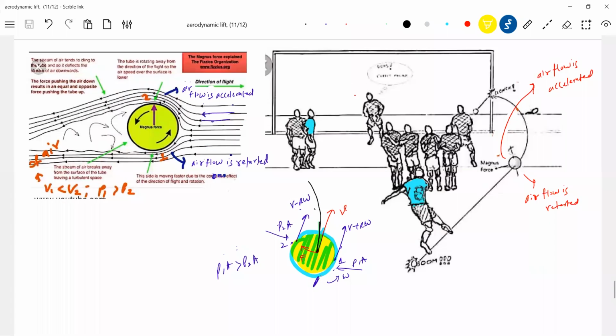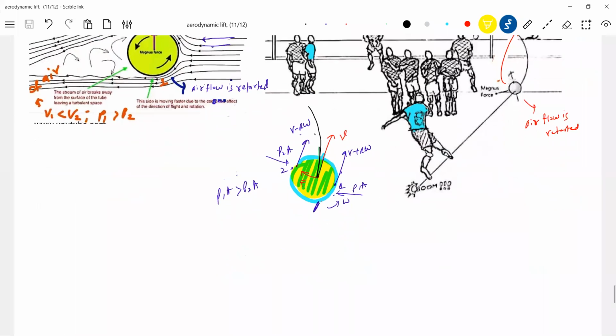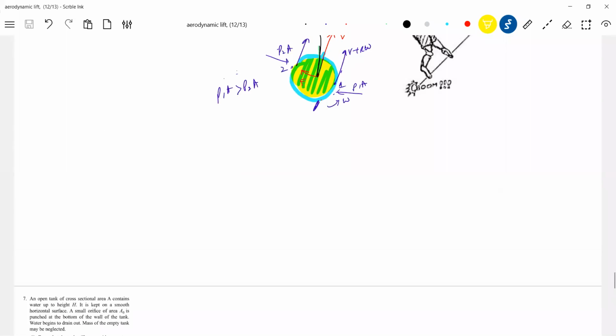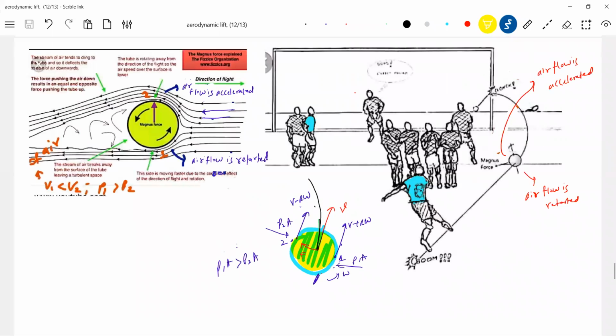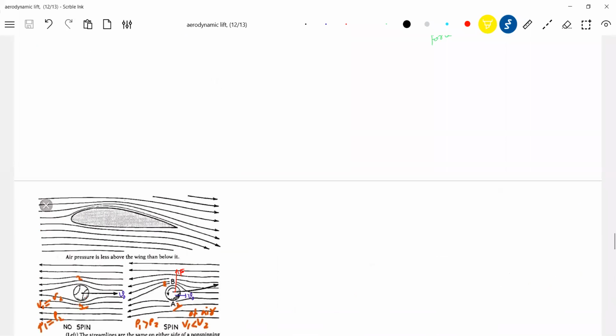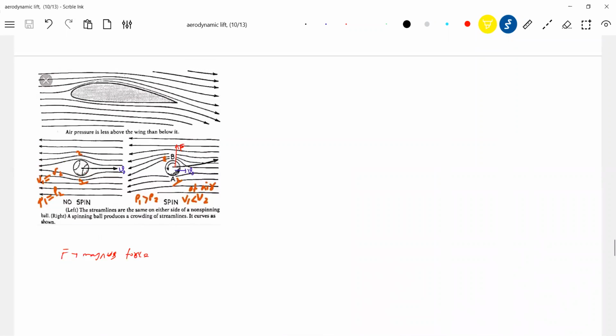Got the idea, no? So the Magnus effect, there's a thing. Okay, similarly for aeroplane, we can go for aerodynamic lift. So what is the aerodynamic lift? If you take the aeroplane,